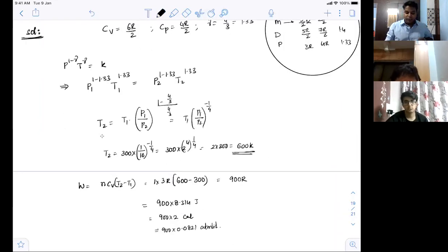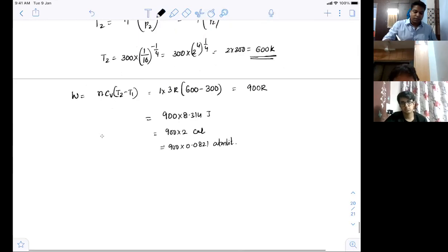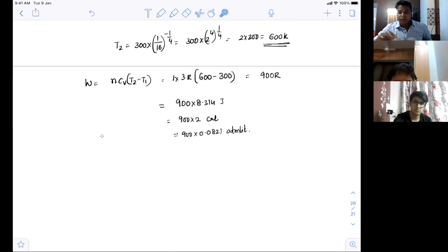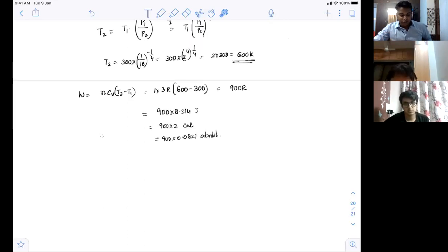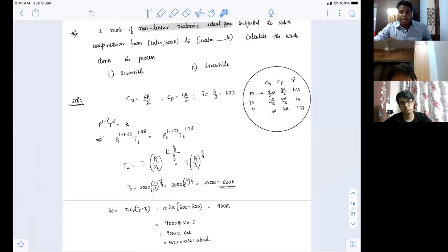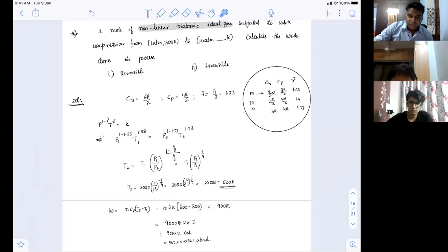Now think about the irreversible process. This question on irreversible is the most asked in JEE. In this section, the most asked question is about the work done in the irreversible adiabatic process. So look carefully at the question again. What you have to do for irreversible: there is only one equation you can rely on. Just put that equation and see how you can get it. Try that once.